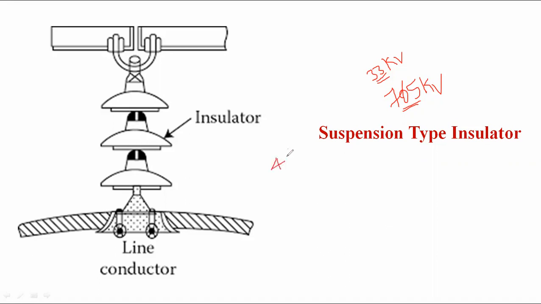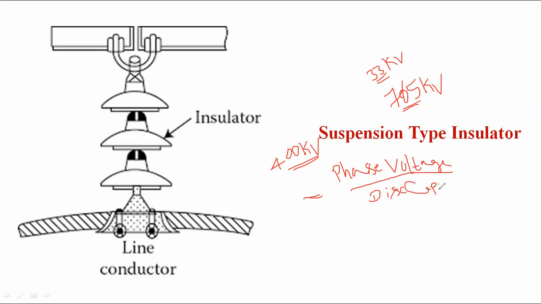For example, you can take a 400 kV transmission line. The formula is: the phase voltage divided by the disc capacity, plus one additional disc or spare disc. For a 400 kV transmission line, you take the phase voltage 400 by root 3, the disc capacity is 11 kV, plus one additional disc or spare disc. We get approximately 22 discs, that is 22 discs